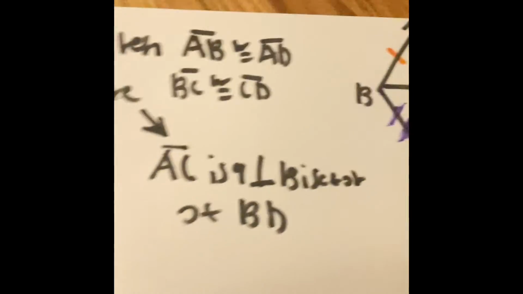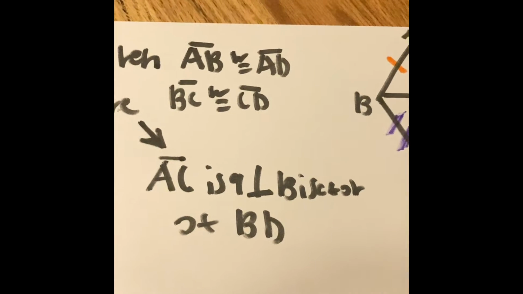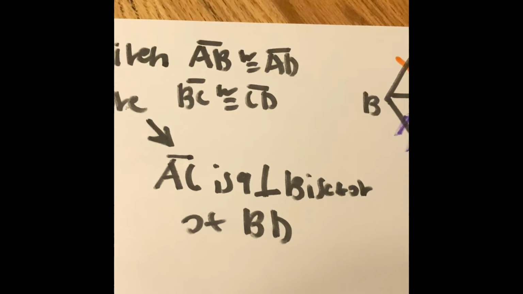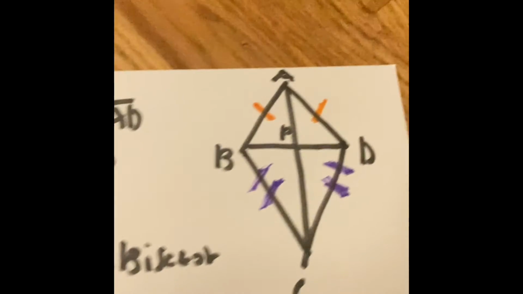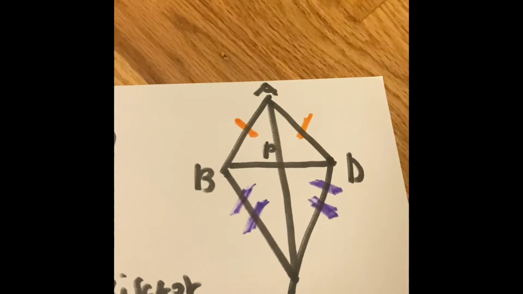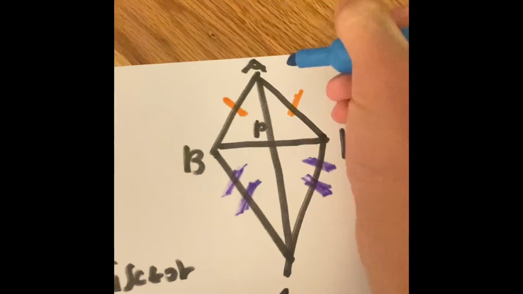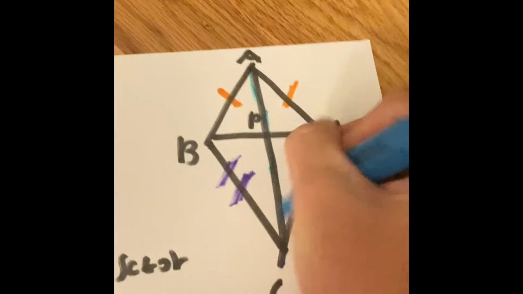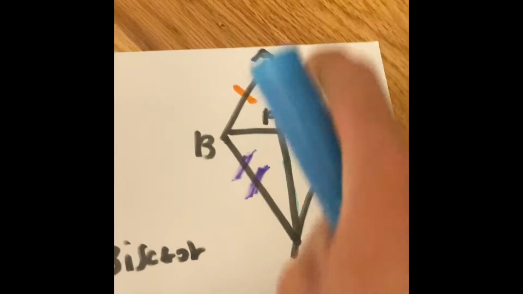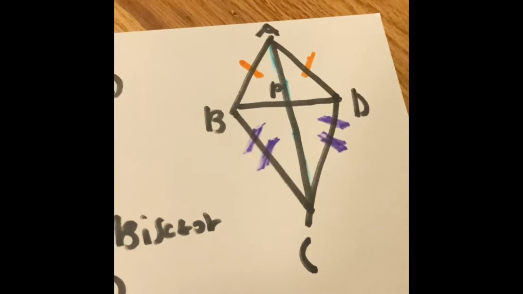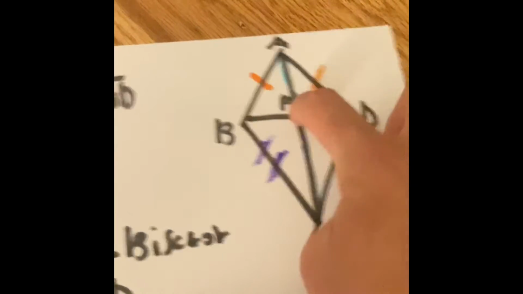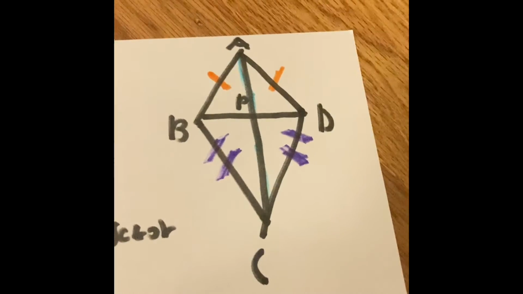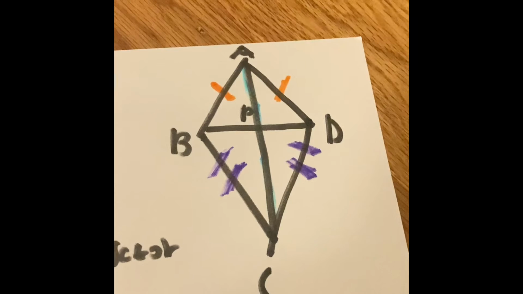However, we have to prove that AC is a perpendicular bisector of BD. So we're going to try and understand, how does AC strike through BD? And how does it make right angles right there? Right there! If you ask how are we going to prove this,